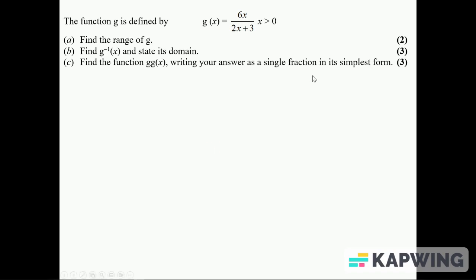Right. The range, first of all. Because x is greater than 0, the whole thing's going to be greater than 0, because the top and the bottom are both going to be positive. So I know that g of x is greater than 0,